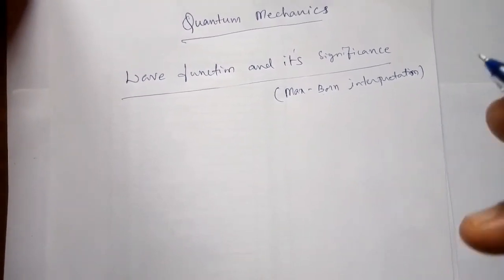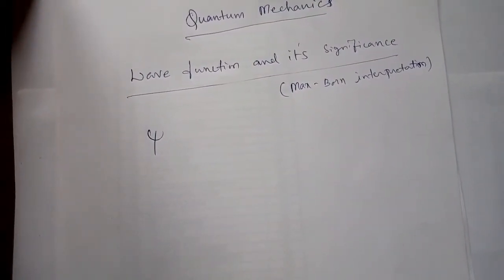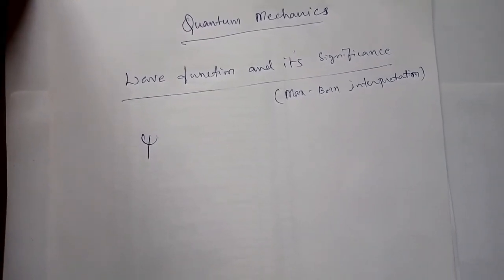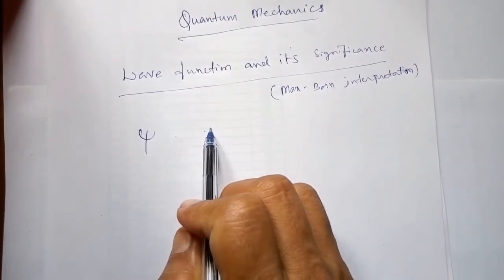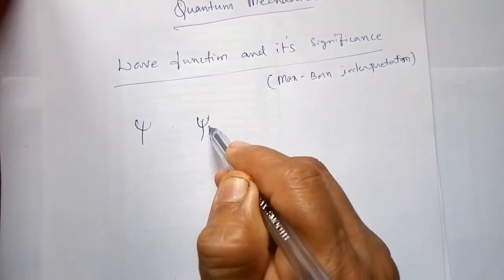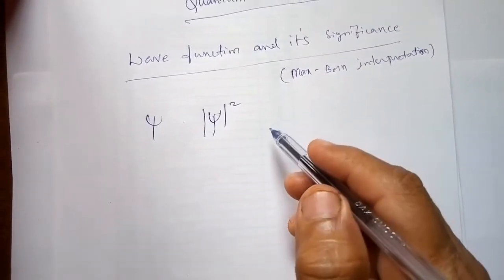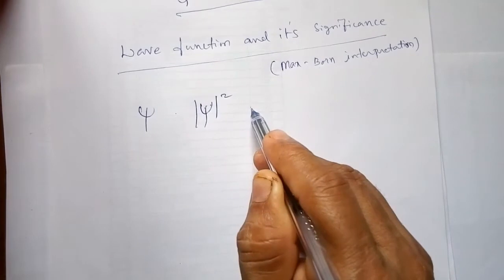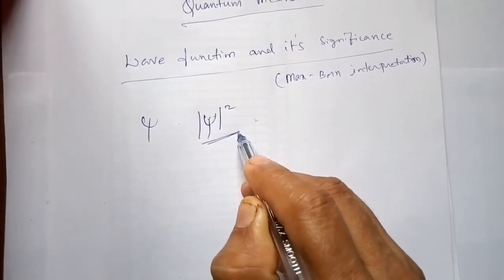Hence psi, which is generally how we represent the wave function, by itself cannot be an observable quantity, because psi itself has no physical interpretation. But of course, the square of the absolute magnitude, that is modulus of psi square, evaluated at a particular place at a particular time, is proportional to the probability of finding the particle at that time.